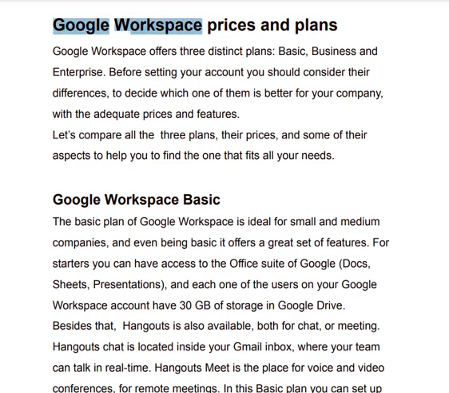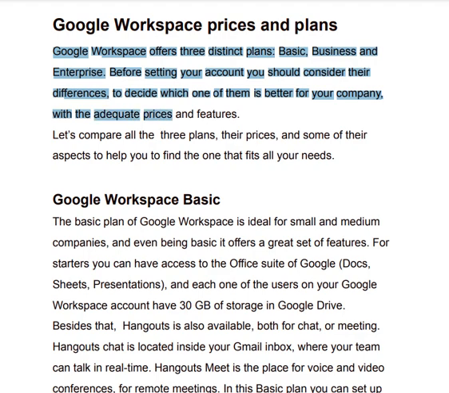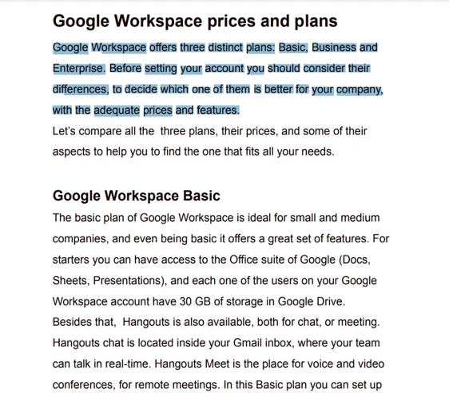Google Workspace prices and plans. Google Workspace offers three distinct plans: Basic, Business, and Enterprise. Before setting up your account, you should consider their differences to decide which one of them is better for your company, with the adequate price and features.